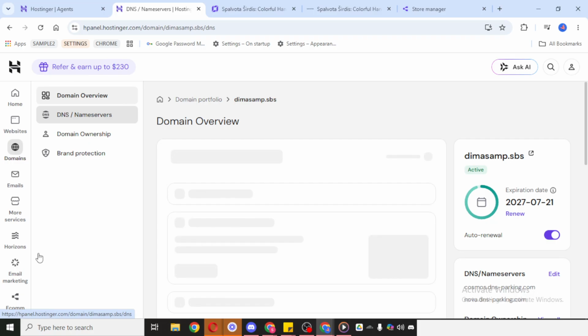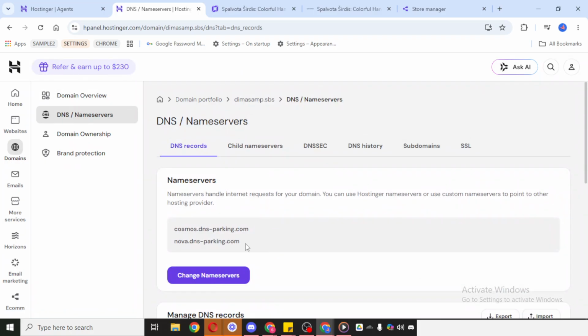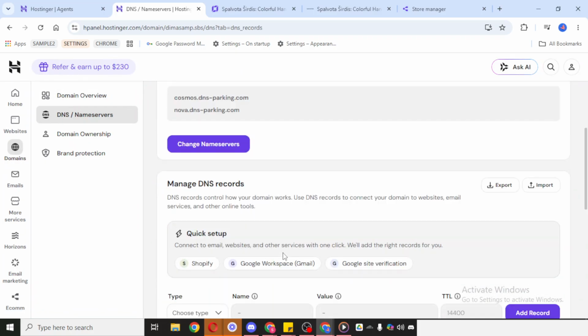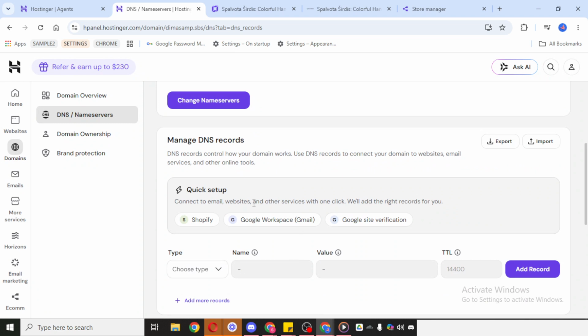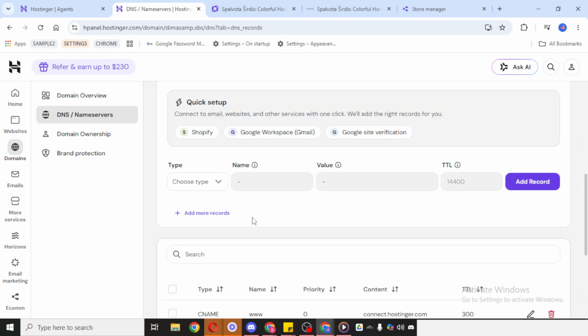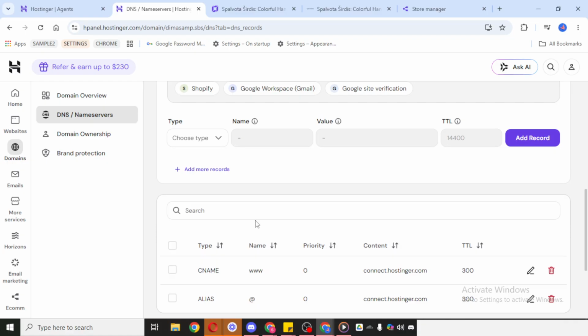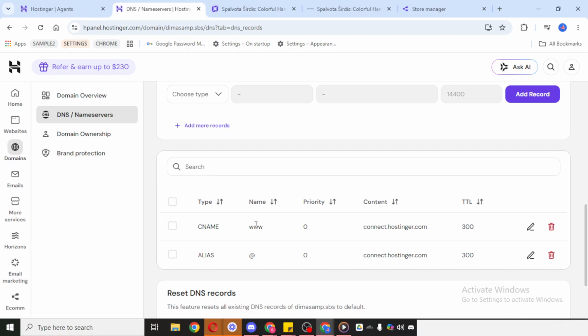third-party services. Once you're in the DNS Zone Editor, feel free to explore the available options. You'll typically see a list of existing records that are already active for your domain. This is helpful because it lets you review your current setup before adding anything new. It's always a good idea to double-check the record values you plan to use, especially if they were provided by a hosting provider, email platform, or another service.